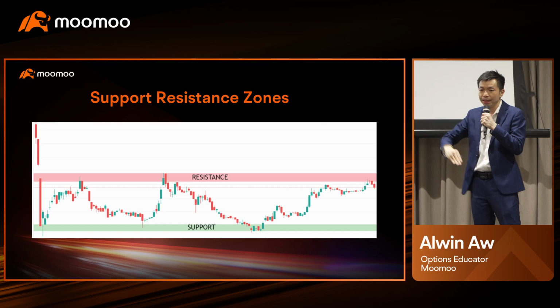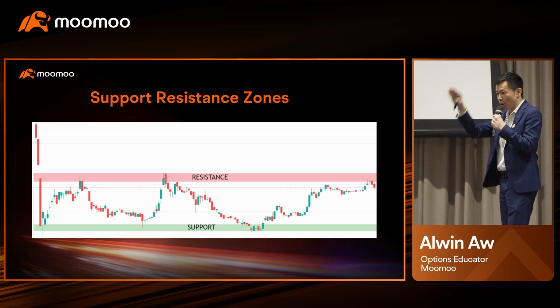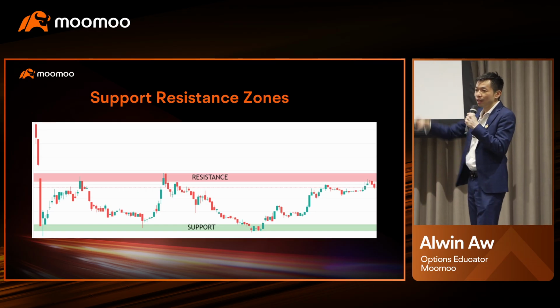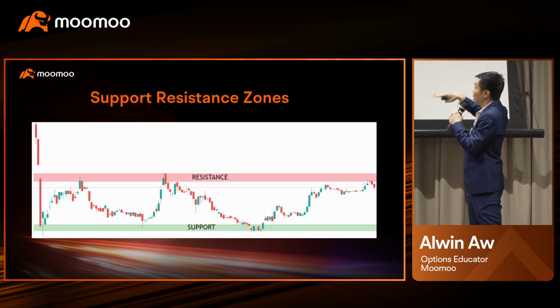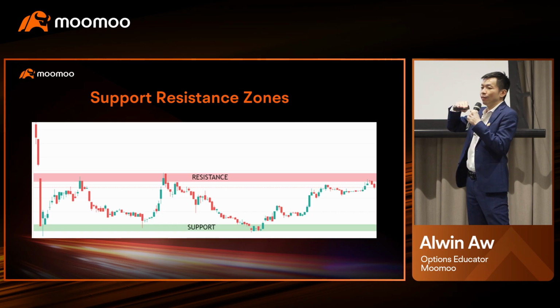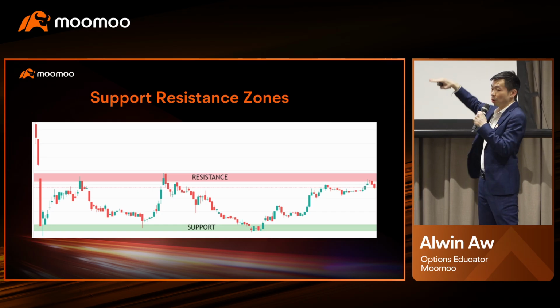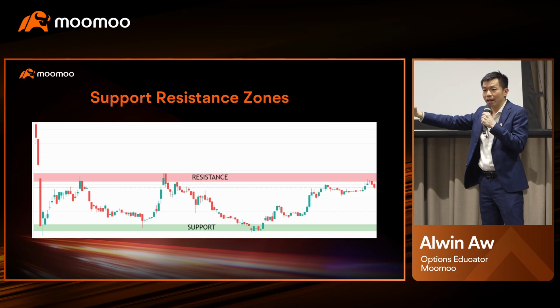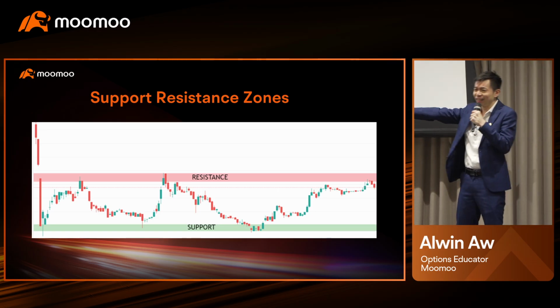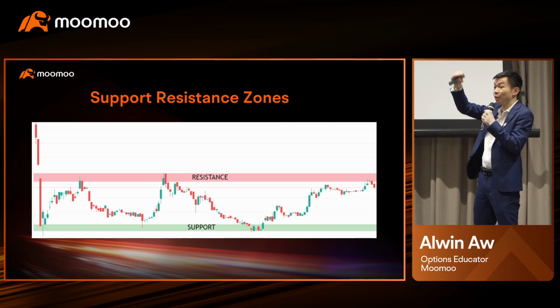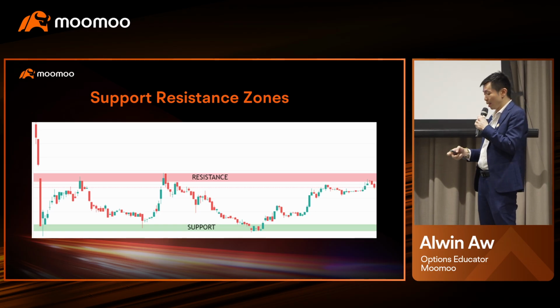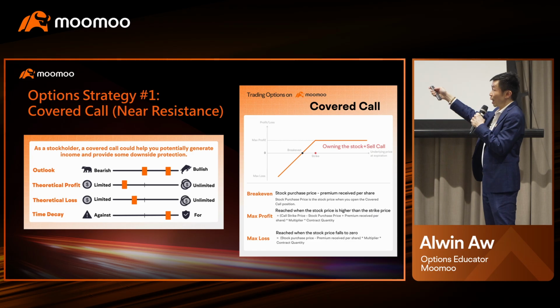So the next one: in all market trends, there's always a time when the market will form support and resistance, which is your lowest low and the highest high. Some people like to call it pivot point, some people like to call it support resistance. There are many terms for it. But especially in technical analysis, there's always a zone. There's no straight line called a support line. There's a support zone and a resistance zone. That's why it's highlighted as green and red. So this is basic charting that we can draw.